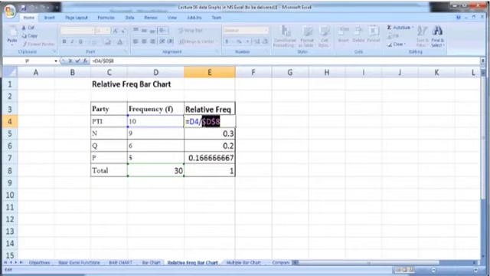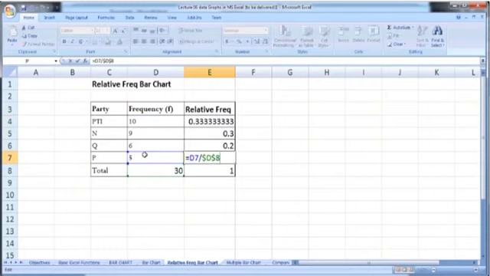This means that I am using absolute cell references here, whereas I have not used the dollar sign with D4 because when I copy this command downward, D4 will change to D5, which is actually 9, whereas D8 will remain the same due to these dollar signs. So 9 divided by 30 is 0.3, and again copying it down, D5 will change to D6, which is 6 here, divided by D8, that is 30, you will get 0.2, and so on. So just copy it down.